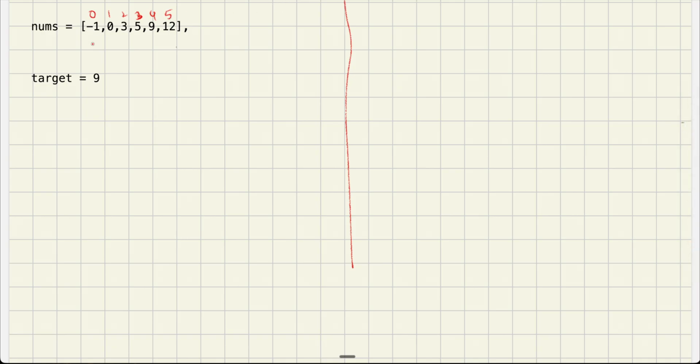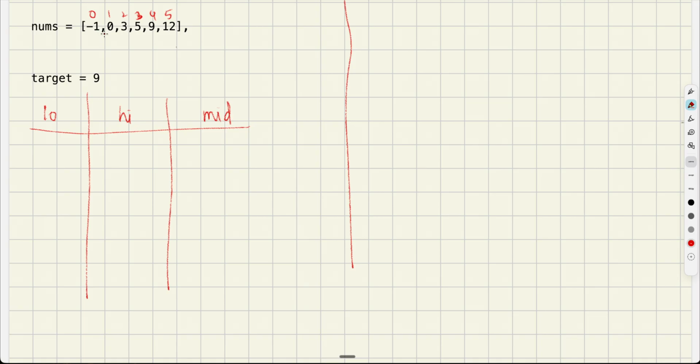So how binary search works is that my low pointer will be at the minimum and high pointer will be at the maximum index of the given array. So in this case, my low is here, high is here, mid is here, let's say. Now let's find out. So low is 0, high is 5. How can I calculate mid? It is 0 plus 5 by 2, nothing but 2. I'm just taking the floor of this value, and now I am at index 2 and I am here at 3. So my mid is